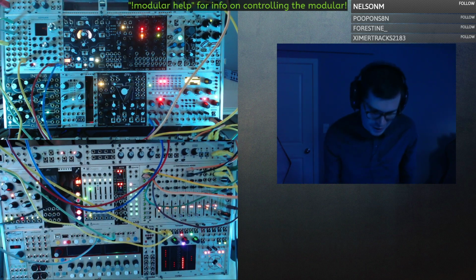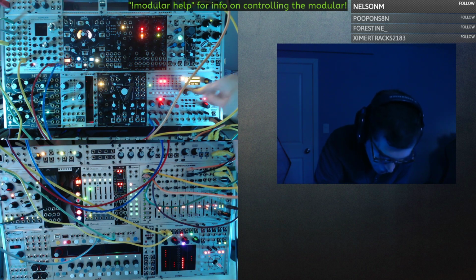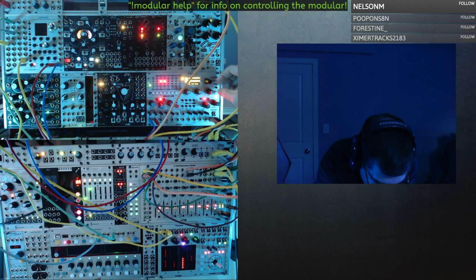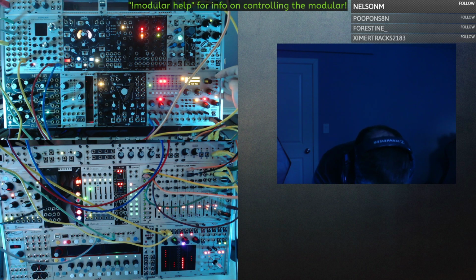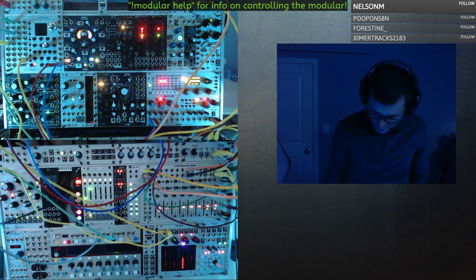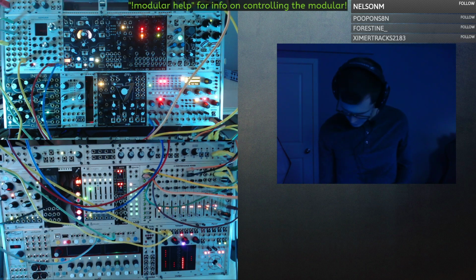Let's modulate the comb size. Can I do comb size? Green size. Oh wait, I don't need a mod one. There's a dedicated thing for that. So let's put a